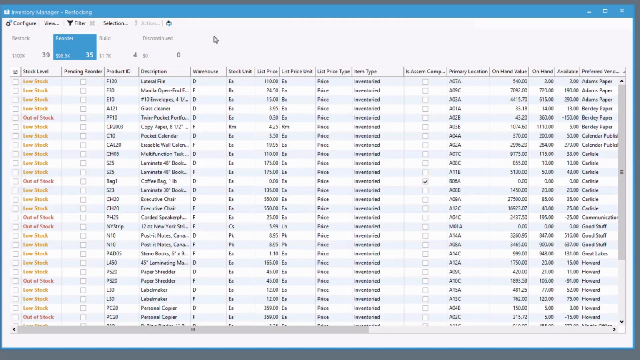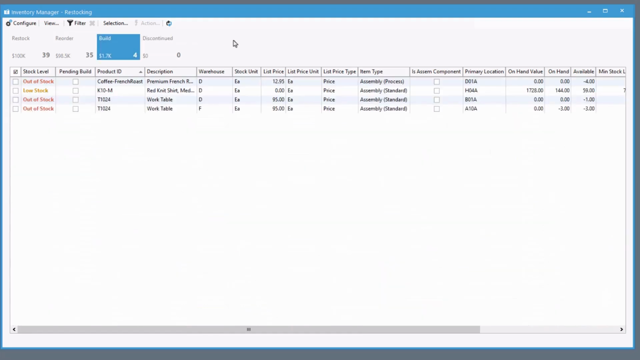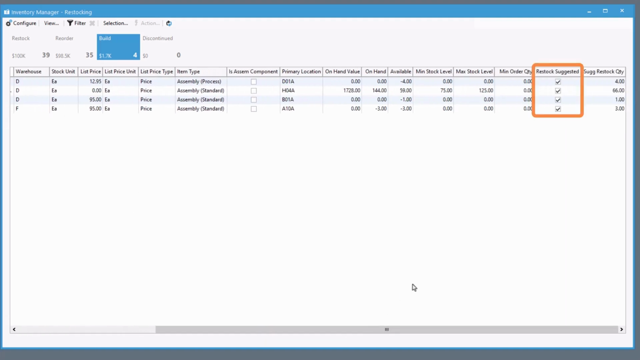The reorder button starts with the list of products in the restock button, but filters out assemblies. And the build button shows assembly products which need to be restocked. In this video, we'll restock by creating assembly sessions, but I will point out that we could reorder these products if we wanted to. This button is filtering on assembly products for which a restock is suggested. In fact, if we scroll to the right, we'll see the restock suggested column, which will show us checked for every product in this button since that's what